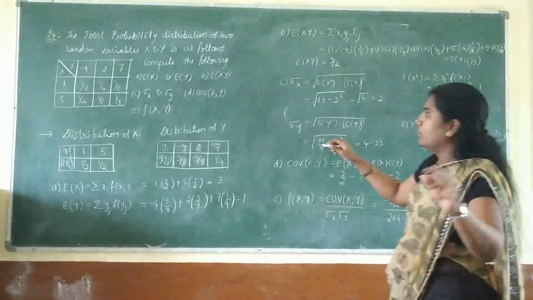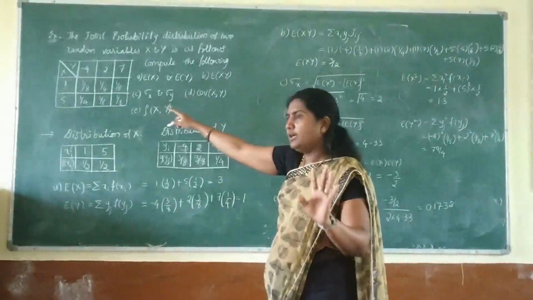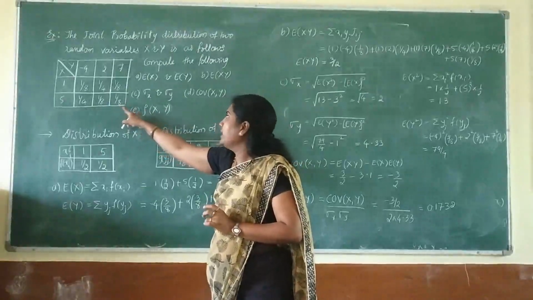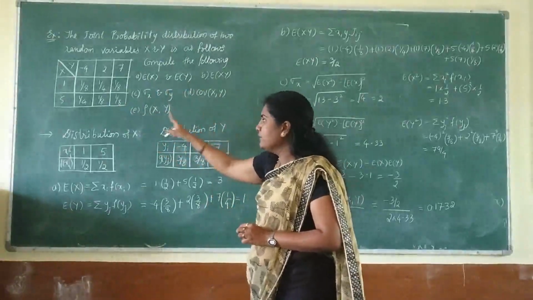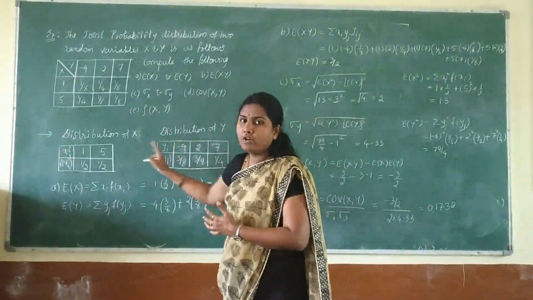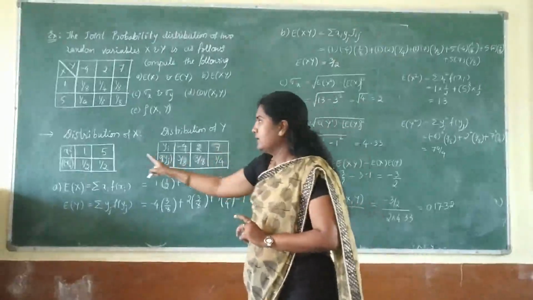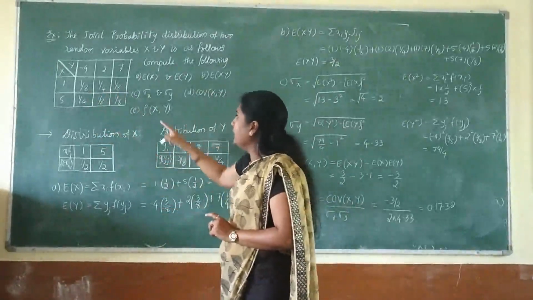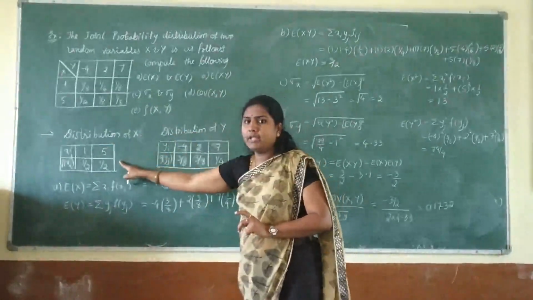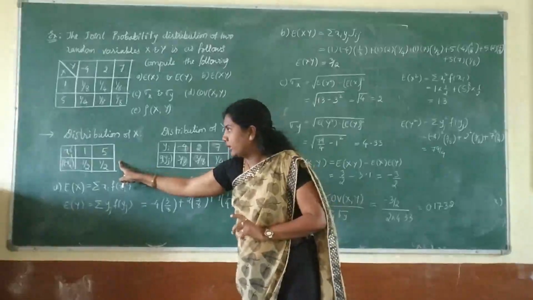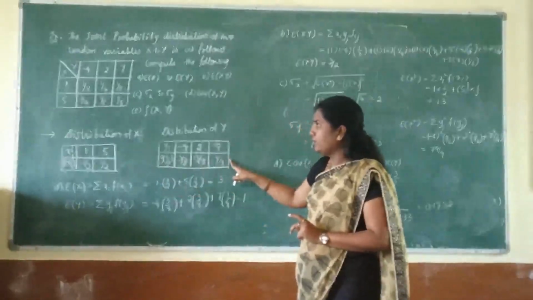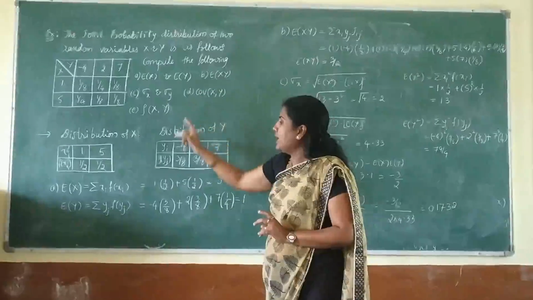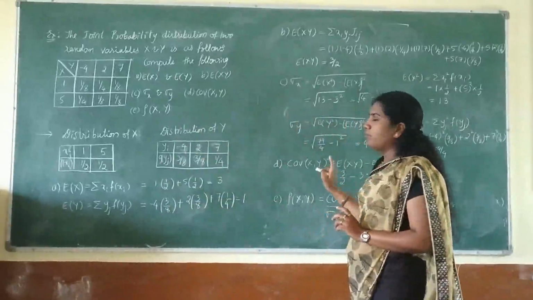This is what a joint probability distribution is. Here they have given a joint probability distribution table, and some questions. First, find the distribution of x and the distribution of y separately. That is, for x, add the columns. For y, add the rows. After adding the columns and rows, here we get f of xi, and while adding the rows, we get g of y. Okay, next, whatever data, go on finding by the formulas.